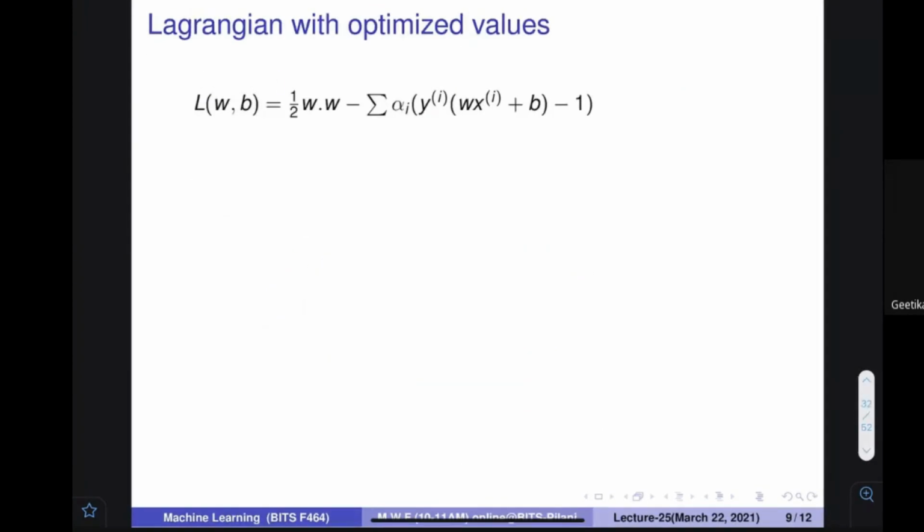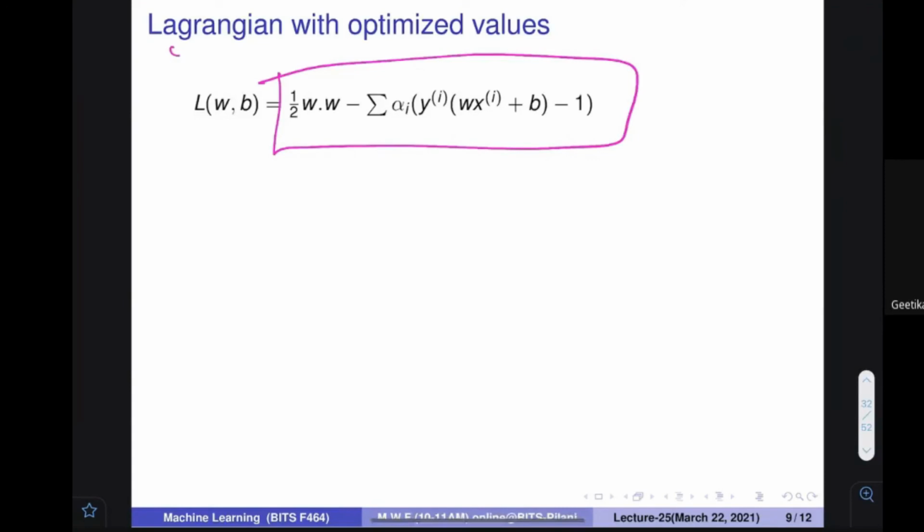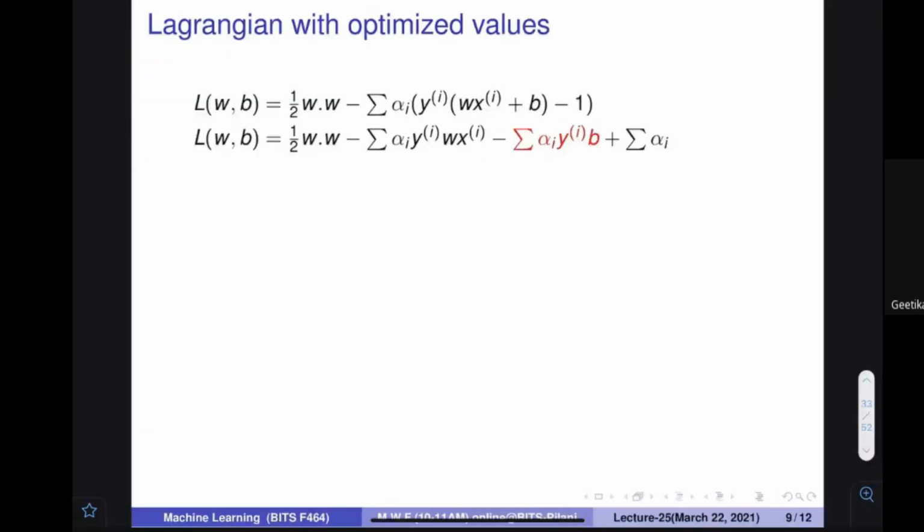So let me put this into this equation, because this is the Lagrangian with the optimal values. When you get the optimal value, let me substitute over here. So you substitute over here, what is the value of b? Summation of alpha i yi into b, it becomes like that. And you know that